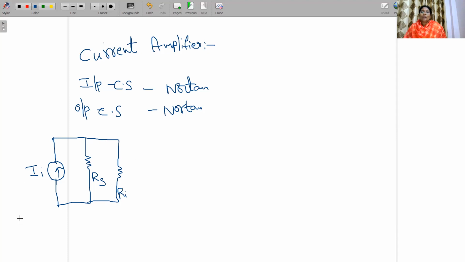And then we have to draw the output equivalent circuit. So here Is is in parallel with Rs and then in parallel with Ri. And then we have to take the output diagram, that is nothing but Ai into Is. This is also a current source right now. So Ai into Is, that is in parallel with